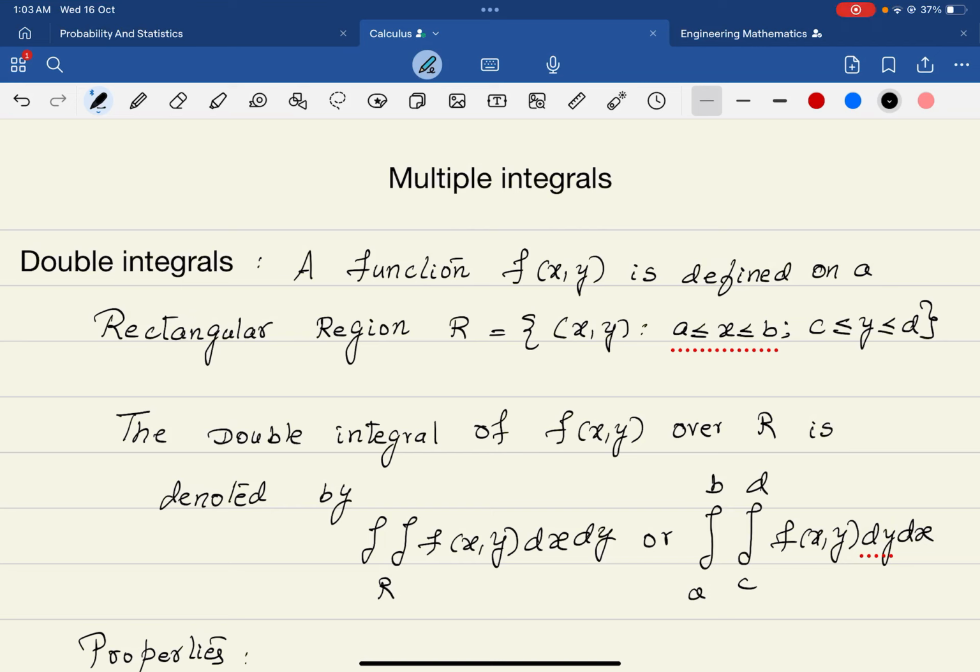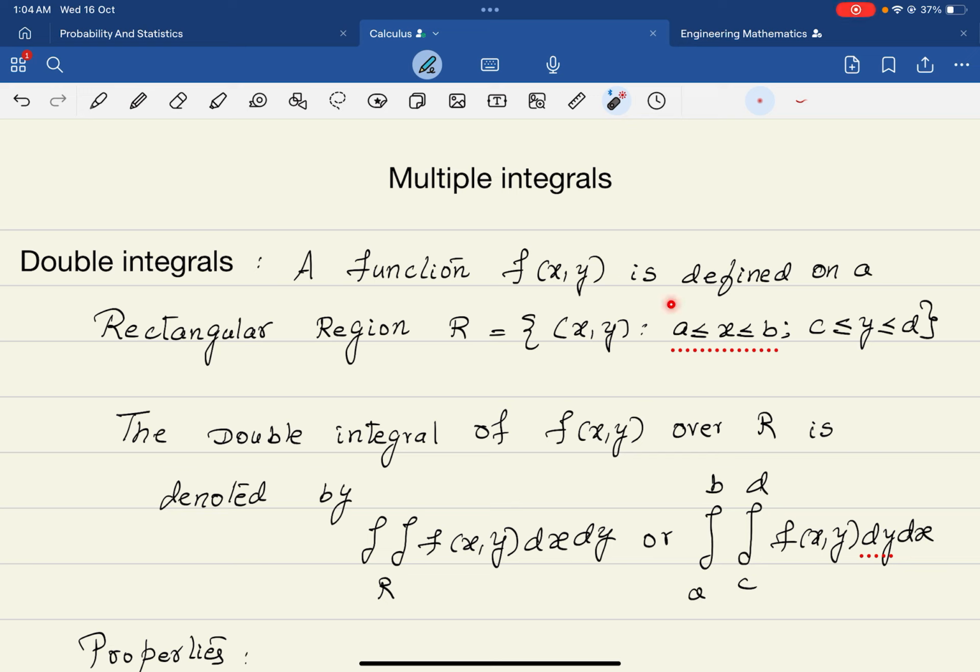In today's lecture, I am going to explain multiple integrals. We have done single integrals, how to solve the single integral by many methods. Now for multiple integrals, in this lecture especially we are discussing the double integrals. Whenever a function is defined in two, or sometimes even three variables, then the function